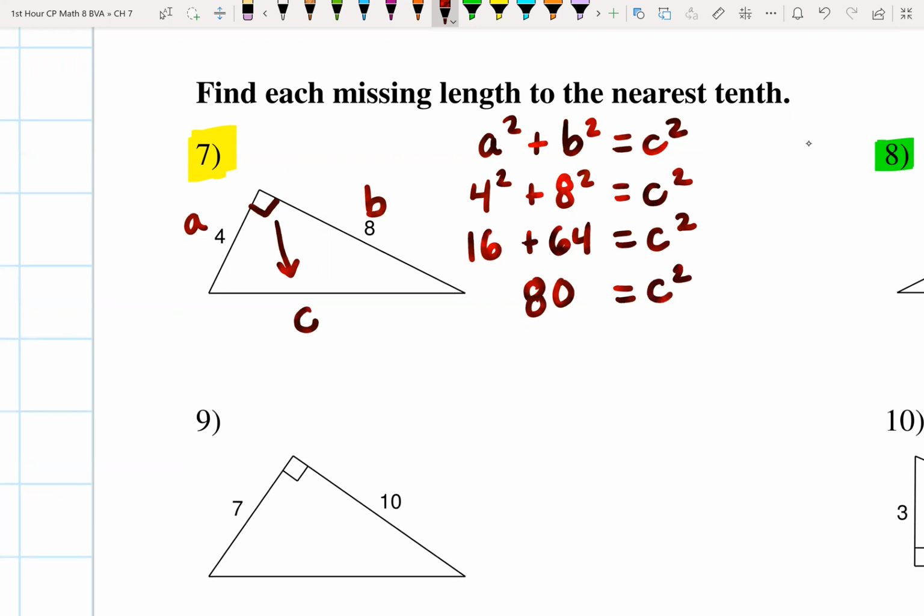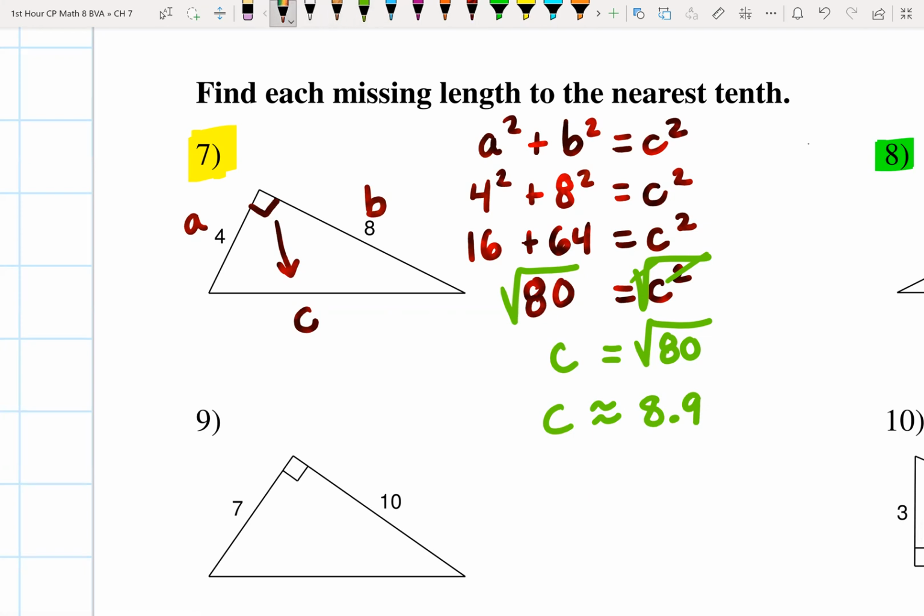80 is not a perfect square, so now we're going to use our graphing calculators. Remember how we undo something to the second power? What's the opposite of squaring something? It's the square root. So the square root will cancel. So C is equal to the square root of 80, which we're now going to round to the nearest tenth. So grab your graphing calculator. Second x squared, 80, enter. So C is approximately 8.9. That would be our final answer